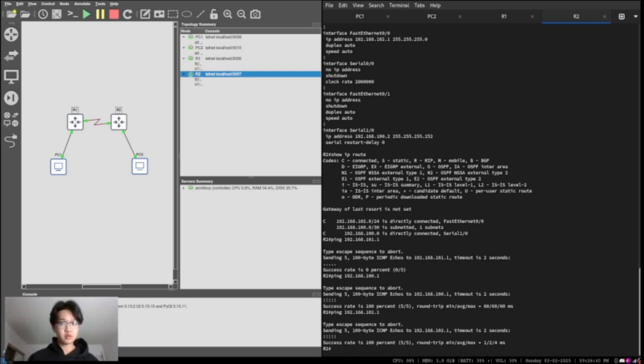it works as well. So the only ones that don't work is if R1 tries to ping R2's FA interface, or if R2 tries to ping R1's FA interface. Okay, so next, we know that doesn't work now. And then we're gonna try to ping